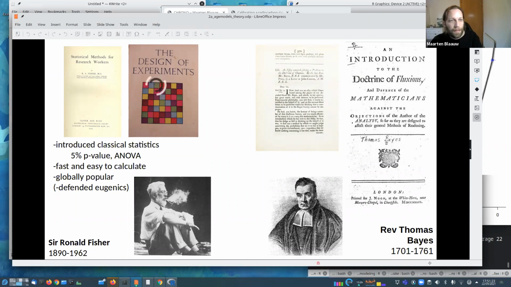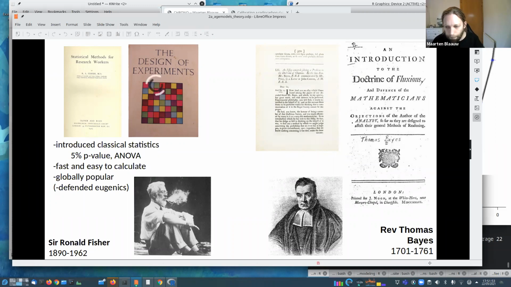But some of those tests were simply meant as exploratory analysis, just to see what is in my data, and never really to say whether or not things are significant and should be trusted. He also has a bit of a doubtful history with his political opinions about Nazis and all. So if you want to think about that, perhaps you should not look too much to Ronald Fisher,